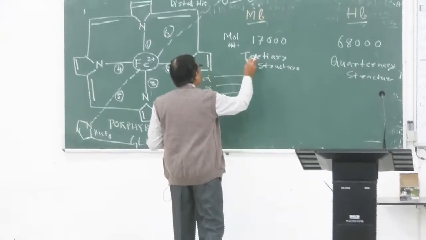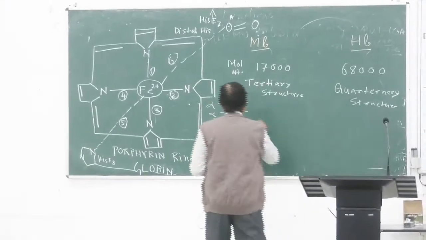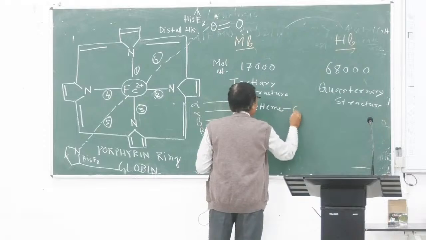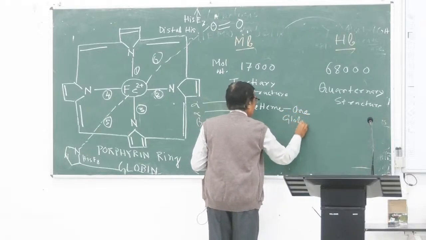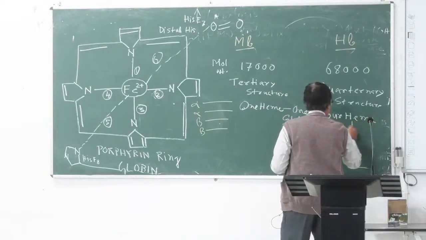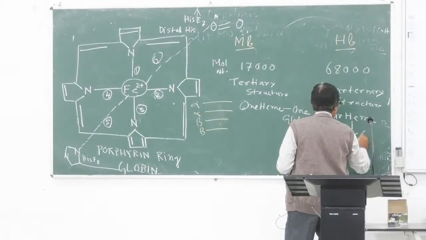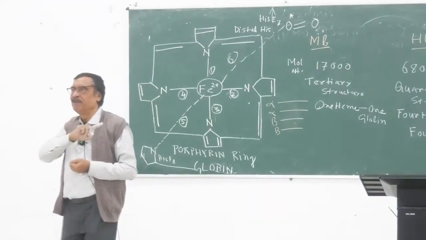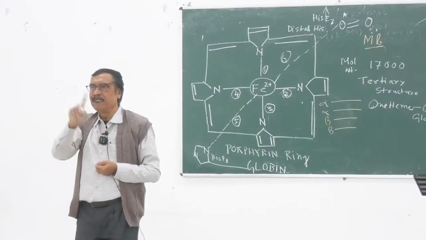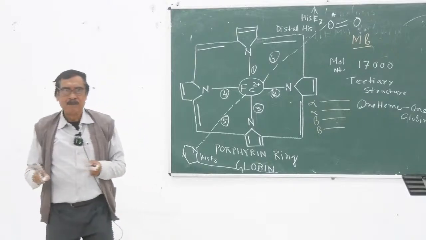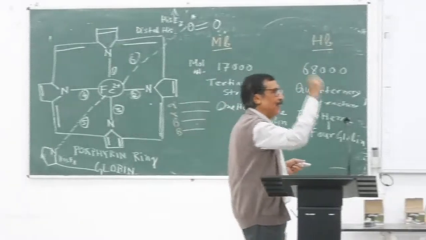এনিওয়ে, কোয়াটারনারি স্ট্রাকচার হচ্ছে এটা। এখানে কি থাকছে? ওয়ান হিম, ওয়ান গ্লোবিন। এখানে থাকছে 4 হিম, 4 গ্লোবিন। আগে আমি স্ট্রাকচার দেখিয়েছি, কনফার্মেশন দেখিয়েছি। 4টে হিম, 4টে গ্লোবিন, একটা হিম, একটা গ্লোবিন। এটা মনে রাখবে, পরিষ্কার কথা। আমরা সবসময় জিজ্ঞেস করি হিমোগ্লোবিনে কটা হিম থাকে, হিমোগ্লোবিনে কটা হিম থাকে? Your answer must be 4।